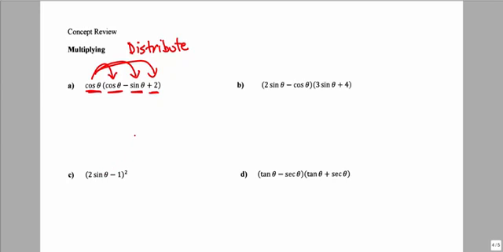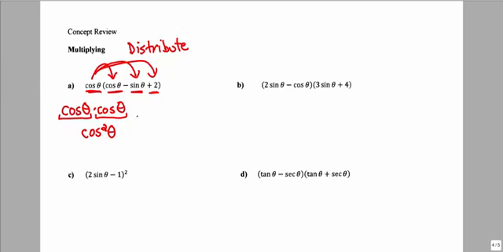When we multiply these functions together, we will write it as cosine theta times cosine theta. It's important to remember here that we are not multiplying the thetas together. And it's also important to remember that a trig function is never separated from its input or its argument. So it's always cosine of an angle. So we have cosine of an angle times cosine of an angle, and that gives us cosine squared of that